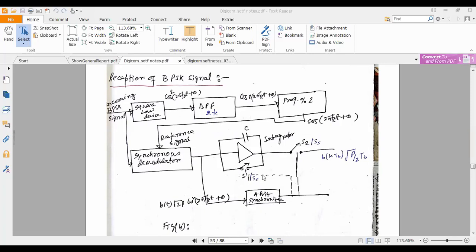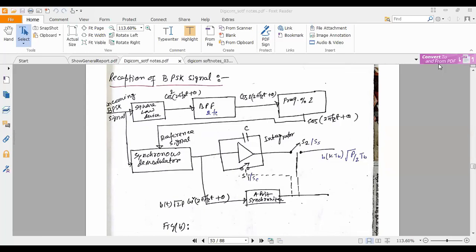So how does this switching happen? See, first this is open. First close this switch, so the previously stored data is cleared. Now your integrator is ready to integrate the next signal received by the receiver. So that's why you make it open. You make it open. You now close this. So what will happen? That 2fc part will be clipped off and the digital data, the DC part, will move to the output. So that is the first bit received.